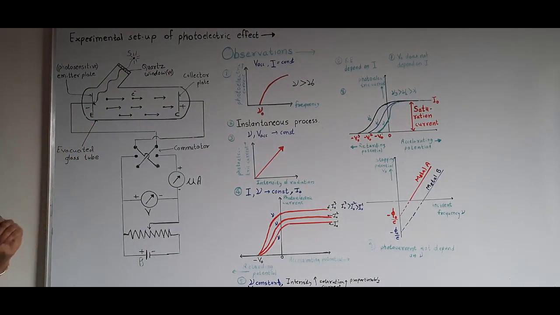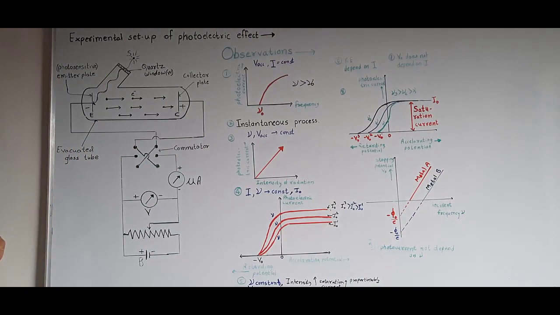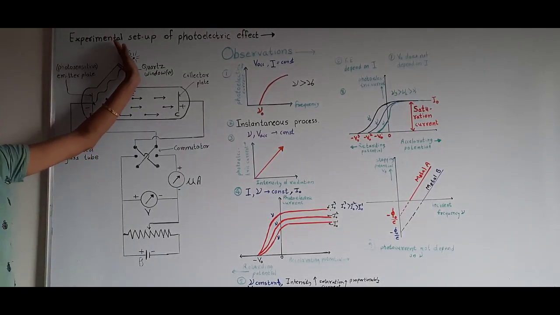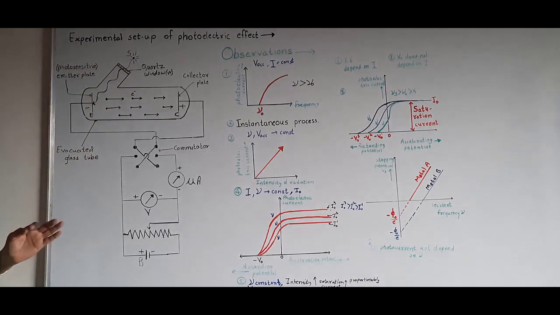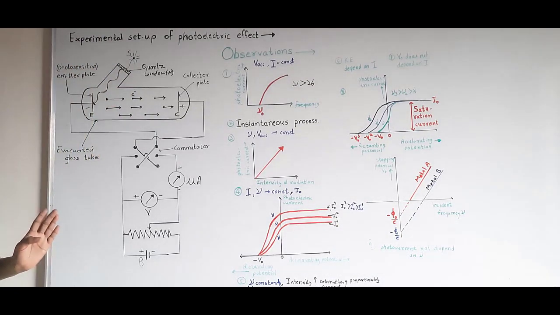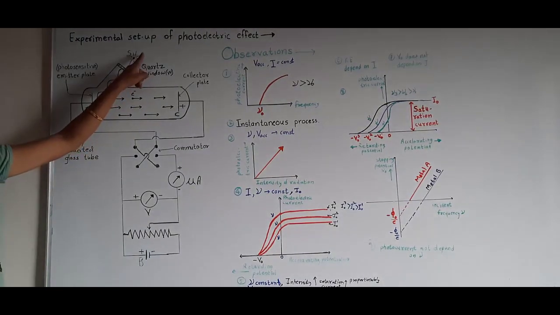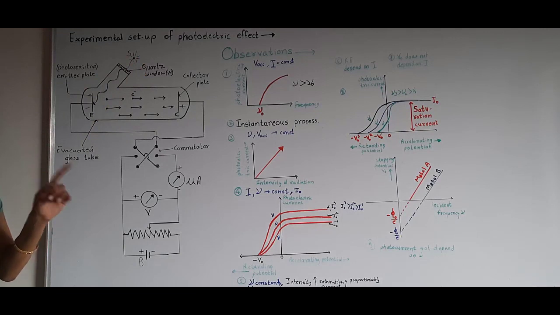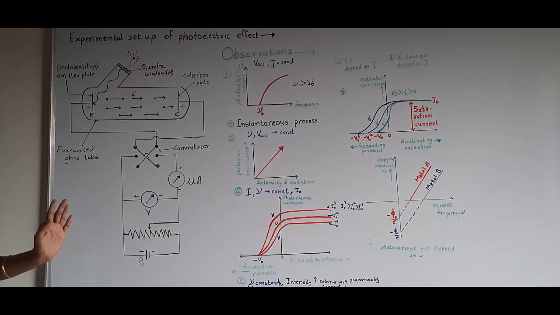This means the emitter is at negative potential, and the frequency remains constant. Here we place a glass of one color. Or, another way to consider it, a source of constant frequency is placed here.